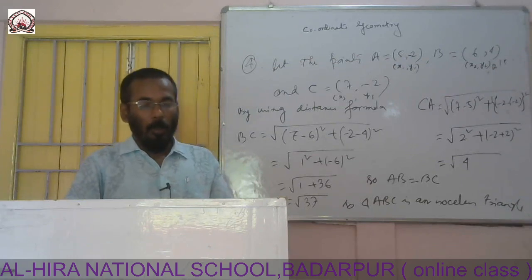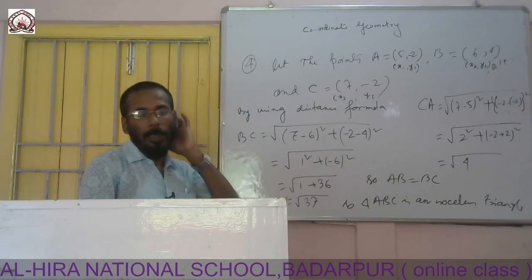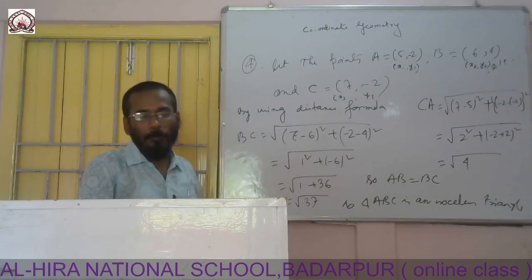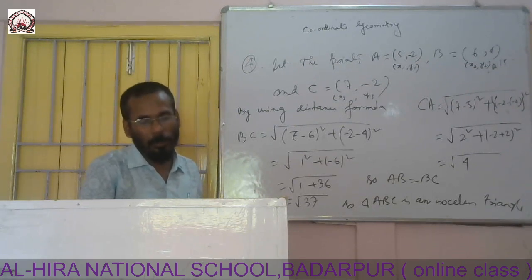Now question number 5. Question number 5 is, in a classroom 4 friends are seated at the points A, B, C and D as shown in the figure 7.8, and Champa and Chameli walk into the class, and after observing for a few minutes, Champa asks Chameli, "Don't you think ABCD is a square?" Chameli disagrees. Using distance formula, find which of them is correct.